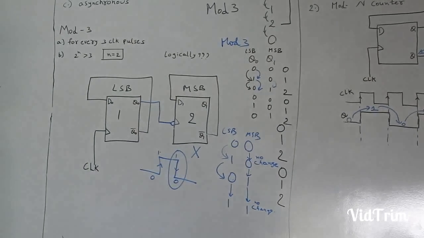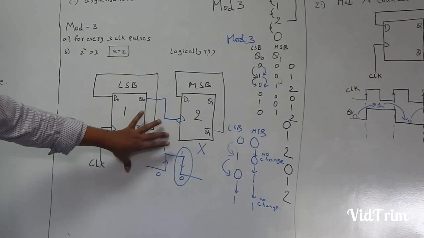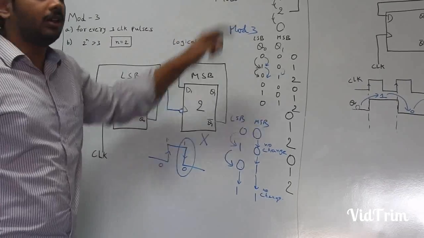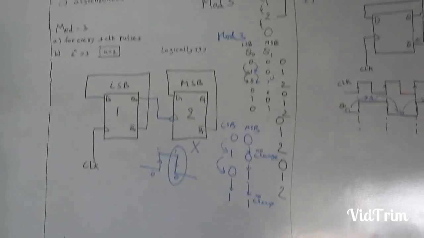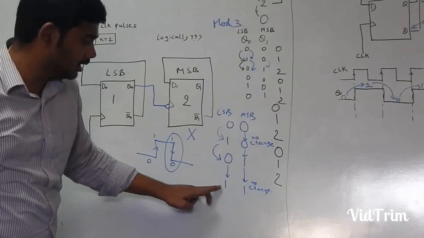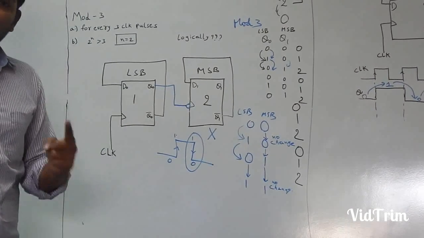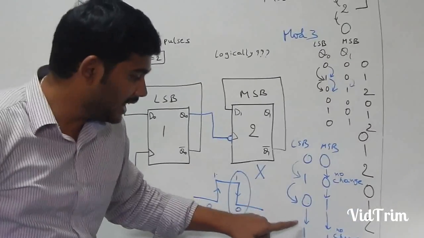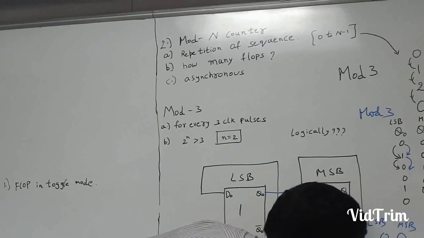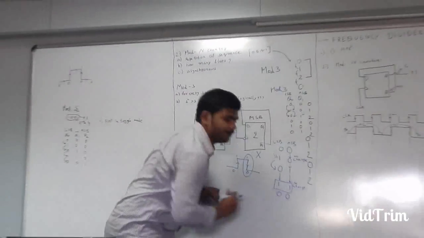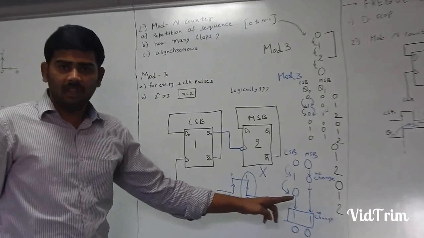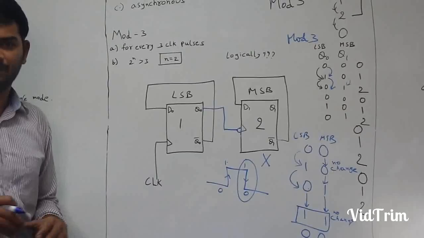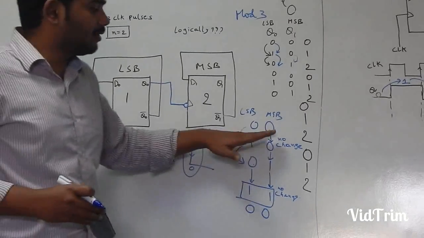Now our requirement is this mod counter should count from 0 to 2 only, 0 to n minus 1, like we discussed. But what it is doing here, to our surprise, is counting from 0 to 3 and it is continuing. We need to do something such that it counts from 0 to 2 and again our requirement is to get 0 0. So we should do something somehow and make the flip-flops clear again, in the sense that they start again from 0 0.